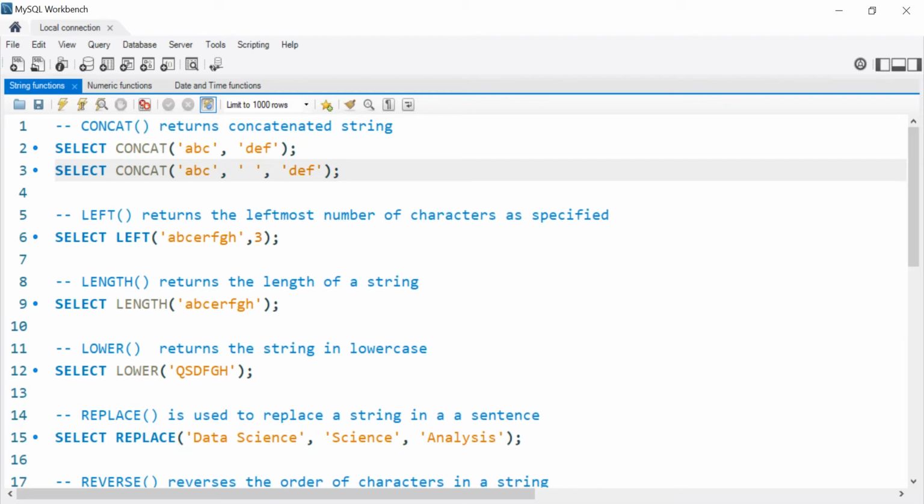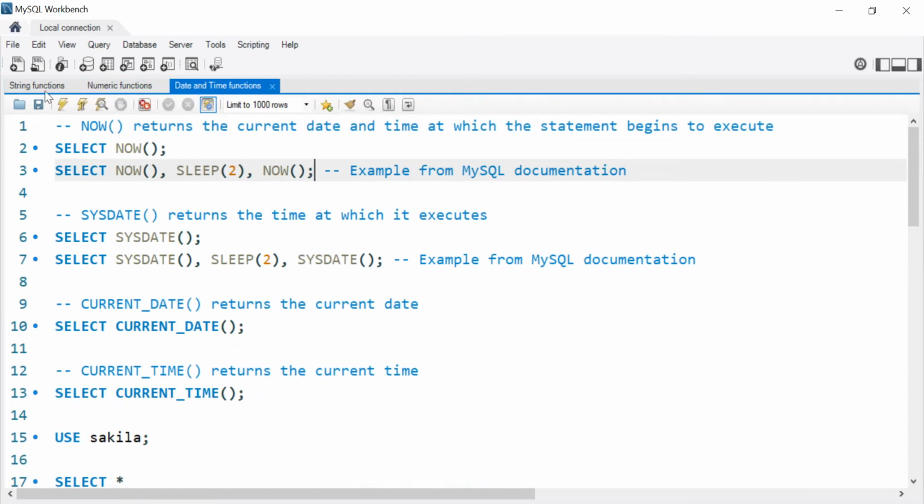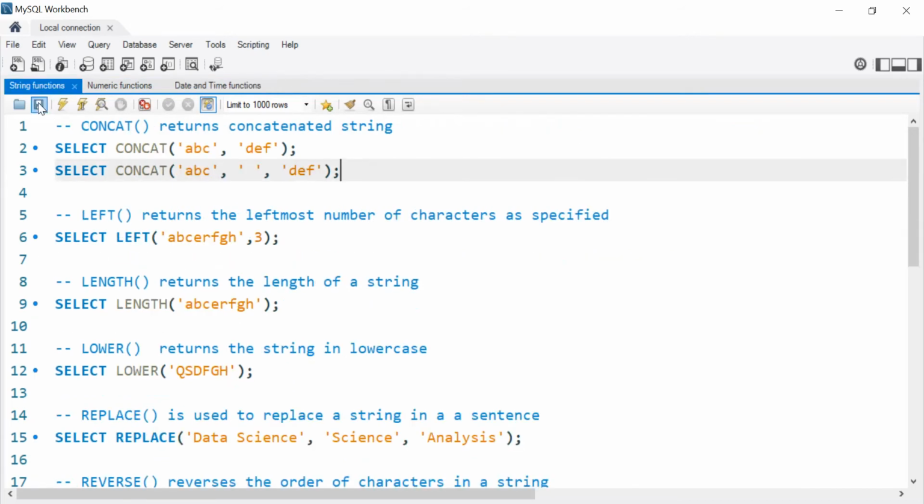In this tutorial, we are going to talk about MySQL built-in functions, and more precisely, we are going to talk about the three different types that are shown here. So we have string functions, numeric functions, date and time functions. So we are going to start with string functions, and from the name, we can understand that these functions are